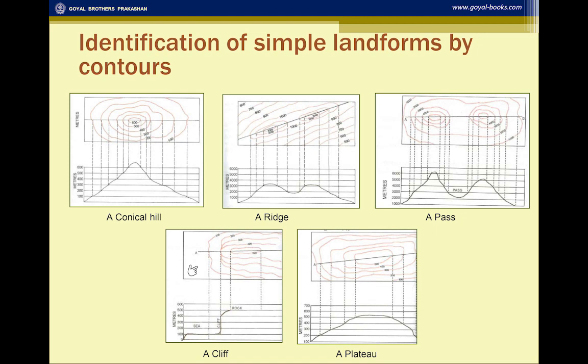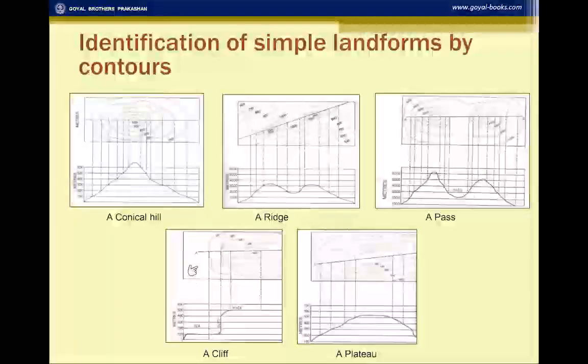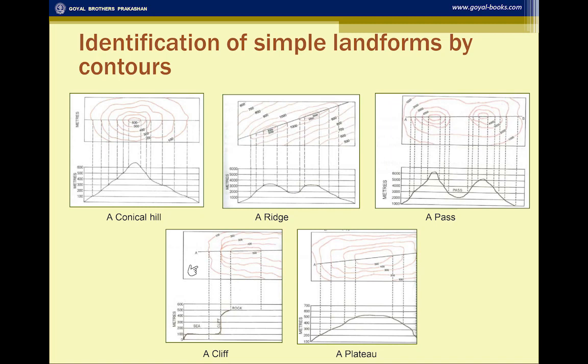The cliff is where some of the contours merge together to show a cliff. It forms a waterfall. In the survey sheet, you may see a fall with 10R written there. It means that this is a steep slope showing the formation of a waterfall, and 10R means the relative height of the waterfall is 10 meters.